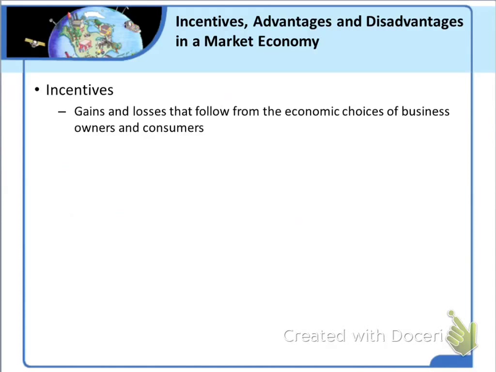To enjoy these gains, each participant in a trade has an incentive to ensure that the trade satisfies the other party. For example, a car dealer can't motivate a voluntary purchase without offering a car that satisfies the buyer. And the buyer can't motivate the voluntary sale of a car without offering enough money to satisfy the seller. The need to please others in order to enjoy personal gain is a driving force in all market economies.